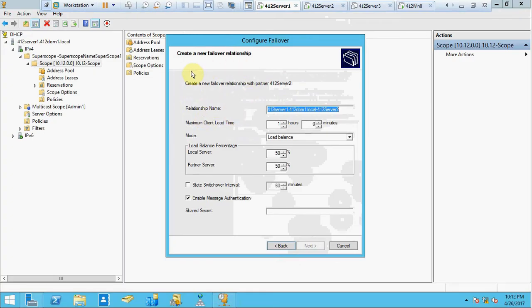I am going to type in server 1 dash server 2 dash hot standby in the relationship name. So, 412 server 1 dash 412 server 2 dash hot standby. And I'm going to leave the maximum client lead time as the default of 1